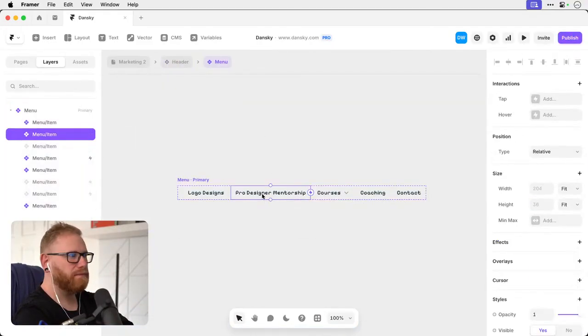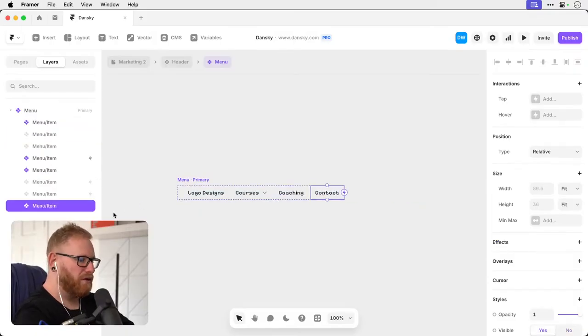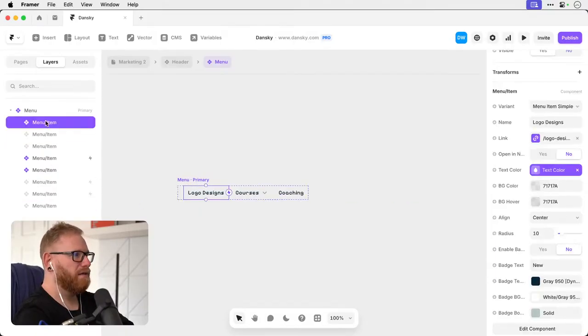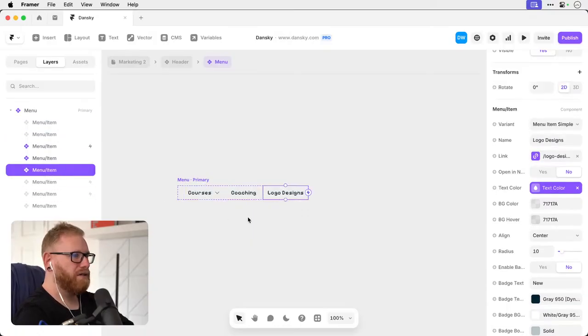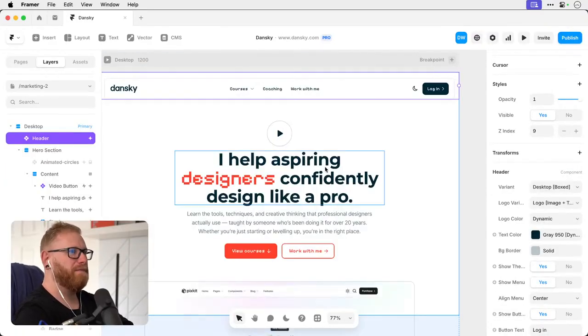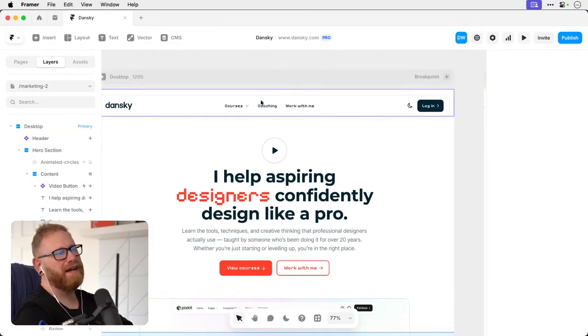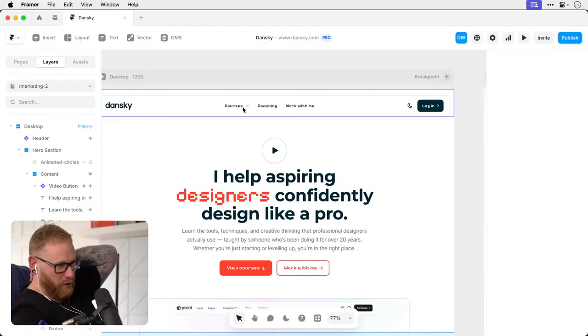In fact, I think I'm going to lean down the nav bar. And contact. I'm getting rid of that. We're going to jiggle this around. Logo designs. Work with me. And if you're thinking about Framer or you've literally just got started with it, I mean, look at that. It's so much clearer and easier. When someone lands on it, it's just 1, 2, 3, you know, rather than giving too many options.